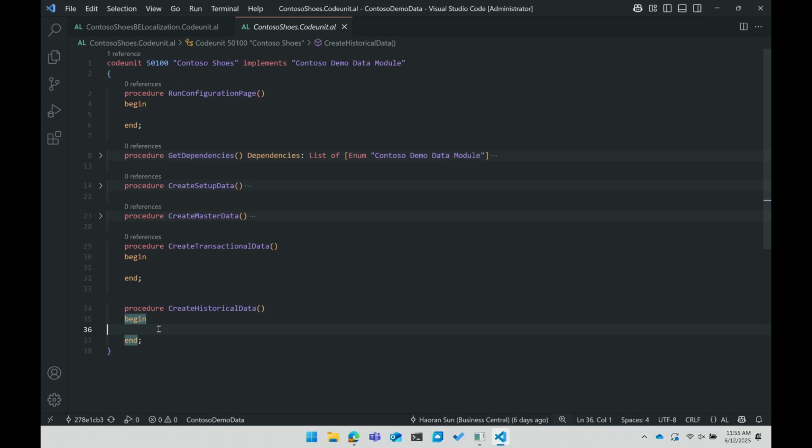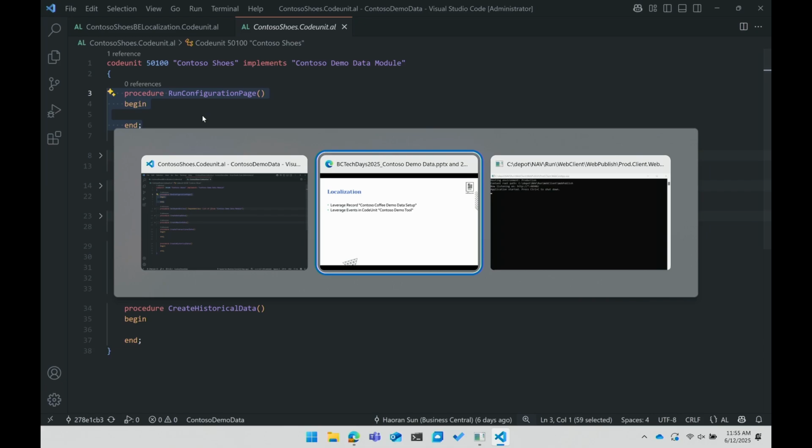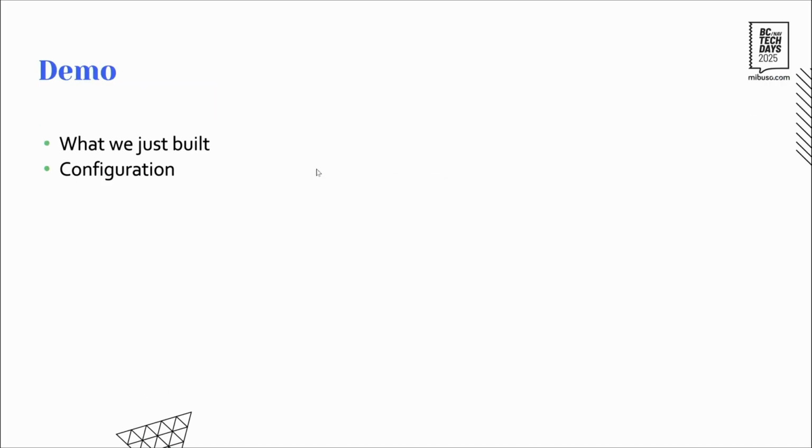We will not go through those two procedures today. The insertion of data follows a very similar pattern. And at the beginning here, you can see we have a configuration page procedure. We'll also not implement that here, but we will show you in a demo how it can be used in your scenario so you can generate personalized data. And let's switch to a quick demo of what we have just built